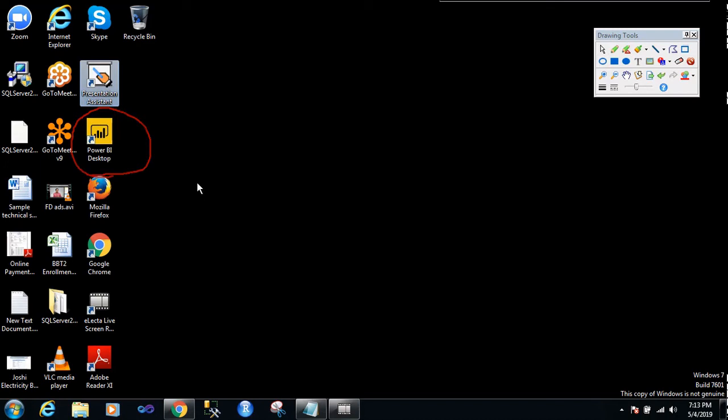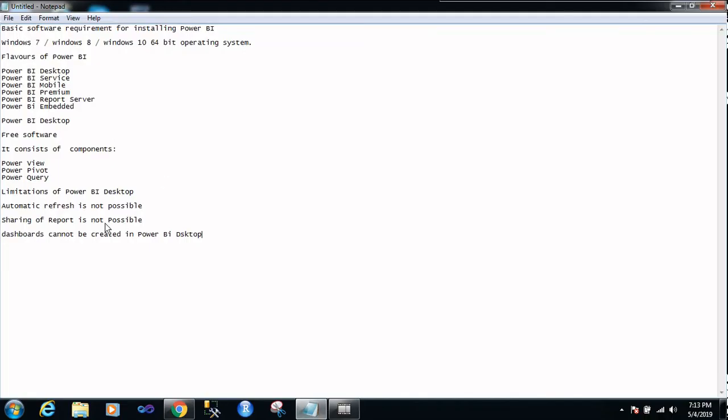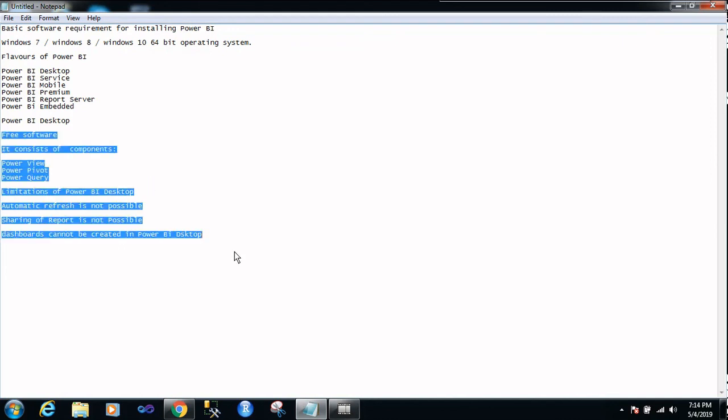Before going to Power BI Desktop and showing you all the features and the practical, we should talk thoroughly about all the flavors of Power BI, which we have mentioned in the notepad. This is all about Power BI Desktop. You know how to install it now.